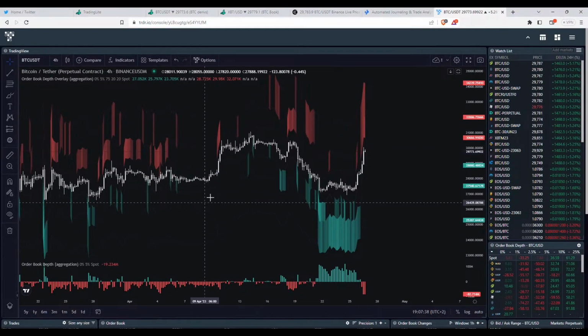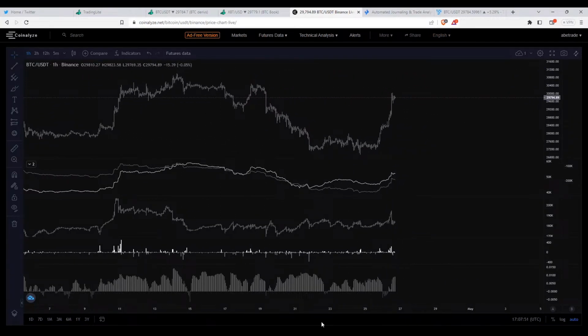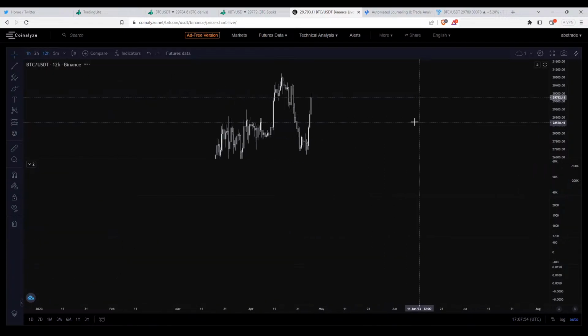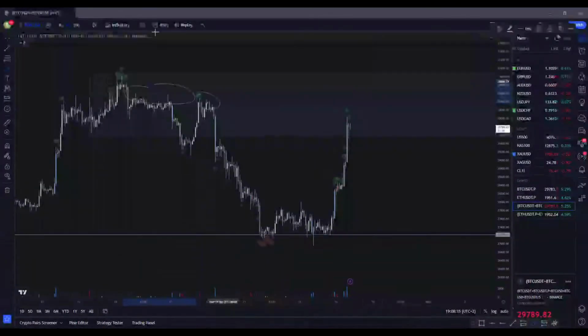Two weeks ago the books were empty on pretty much both sides, and we went up on a high increase of open interest. The funding was also increasing, so now this looks a little bit more healthy. But like I said, from a price action perspective, we are testing into this previous consolidation. I would most likely be looking at one more push to the upside to take out these highs for any possible shorts, if anything. So quickly going back to TradingView.